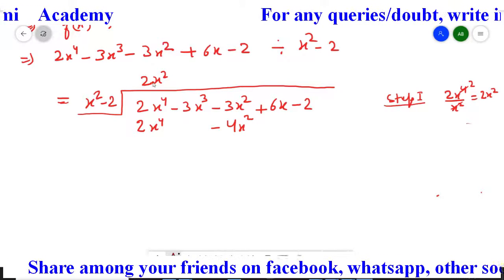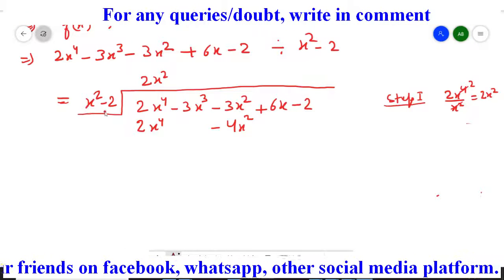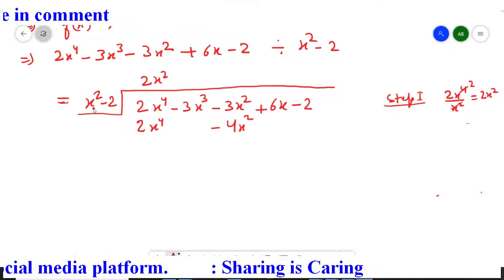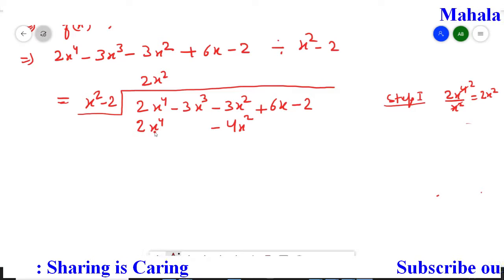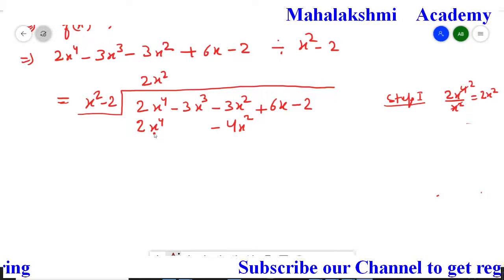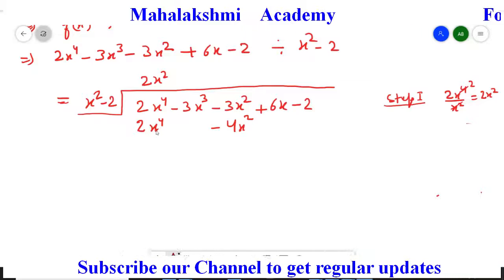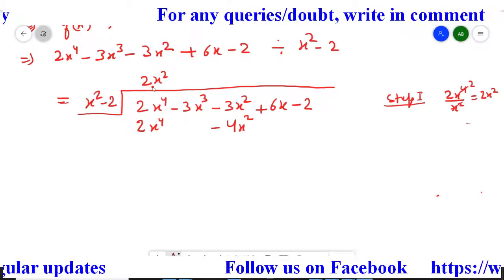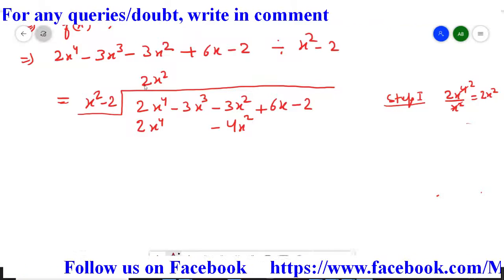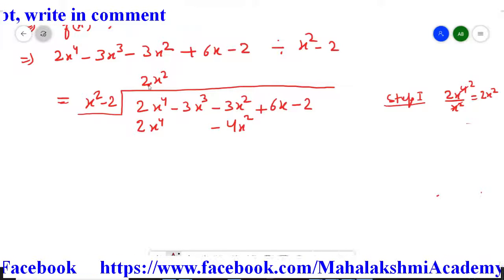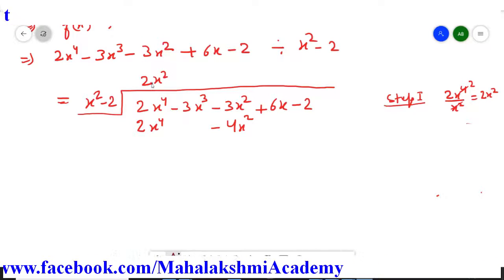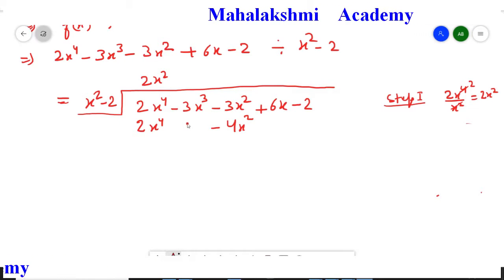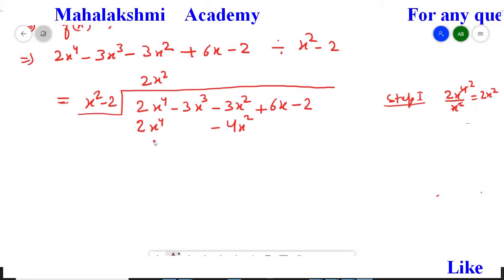After getting the quotient you have to multiply by the divisor's terms one by one. First I multiplied 2x square by x square, that gave me 2x to the power 4. You have to arrange it under the like term. Like term means same variable with same power, so x to the power 4 will be arranged under x to the power 4. In the same way, when I multiplied 2x square by minus 2, I got minus 4x square. Since it's the term of x square, arrange minus 4x square under the x square term only. So leave this x cube term as it is, because we have to arrange the like terms column wise.